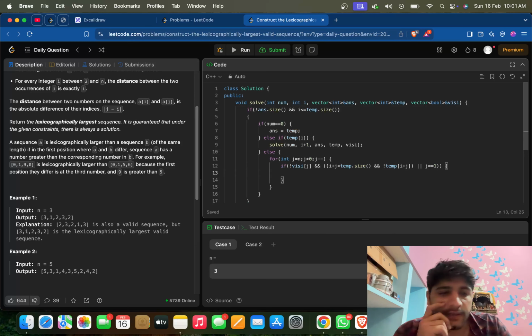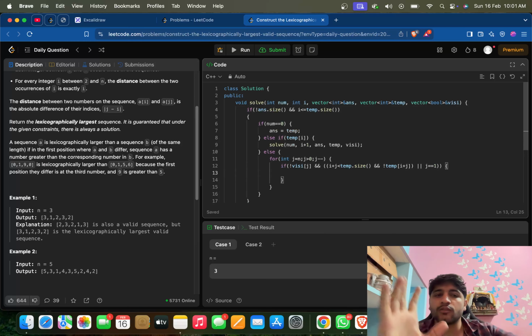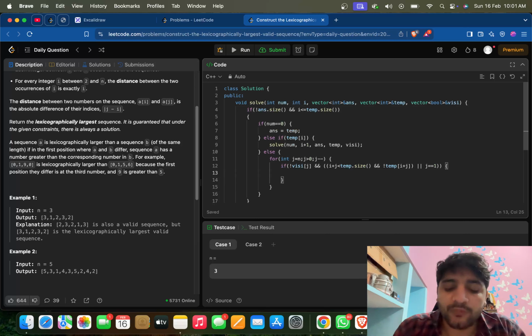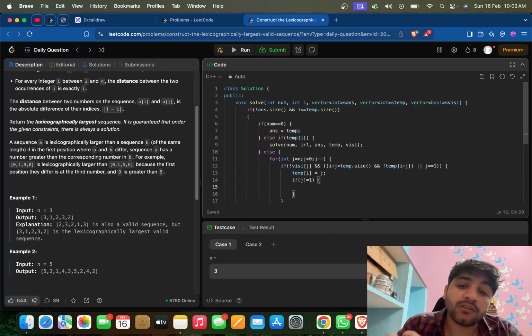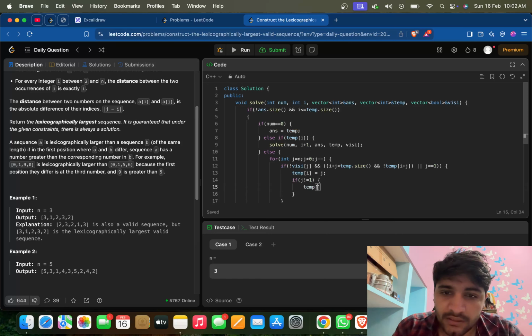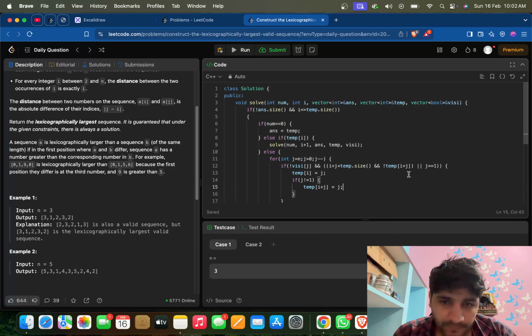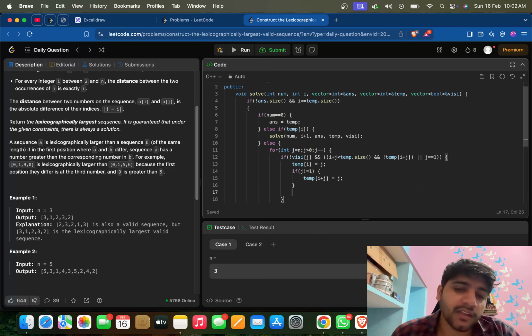Okay, if the conditions are satisfied, we have written down all the conditions we want to have in our sequence. Now we will put j at I index. Okay, we put j at I index, and if j is not equal to 1, then we will put same number at the next index also, means the next occurrence index, means I plus j पे भी हम किसको रख देंगे, j को रख देंगे. Okay, if j is 1, then we have already put it, but if j is not 1, we have to put the number on the second occurrence also, right? So we will put it here, and then